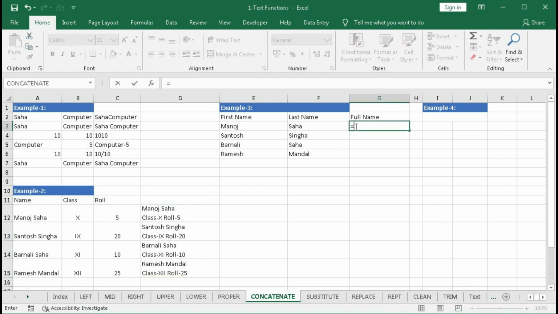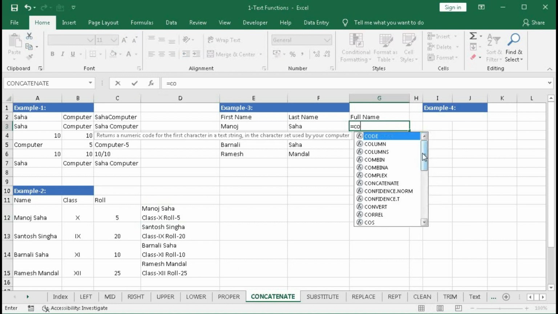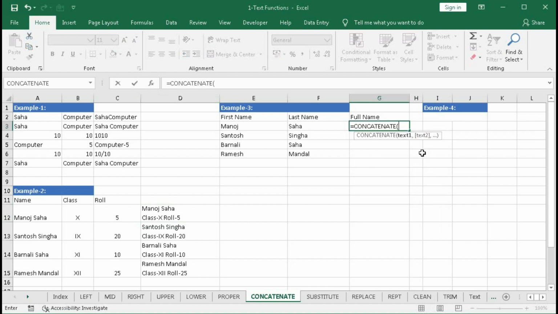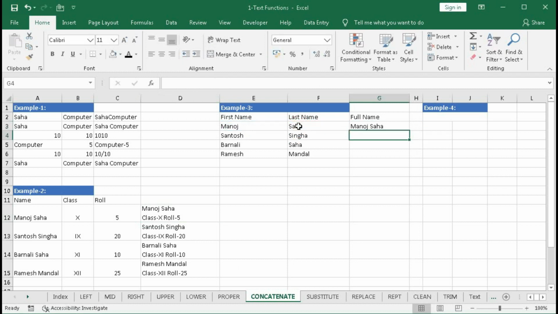Type here equal to CONCATENATE, select this cell, comma, a space within quotation, comma, and the last name, bracket close and enter. So we got the full name. In this way you can join the first name and last name and convert it into a full name.